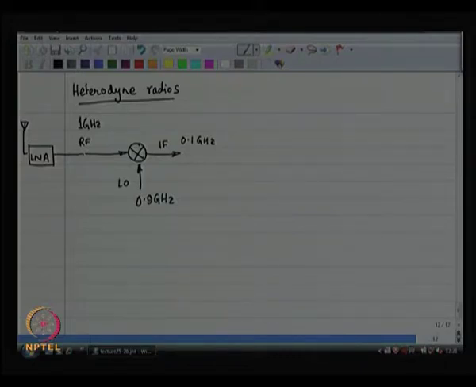Now, think of LO leakage. If the local oscillator leaks through, is there any problem? No problem, because when it leaks through it produces a DC and neighboring stuff, but I am not interested in DC, my signal goes to 0.1 gigahertz, right. So, I can easily cut off the stuff that is at DC. It is very easy to cut off DC and neighboring stuff, all right. The problem here